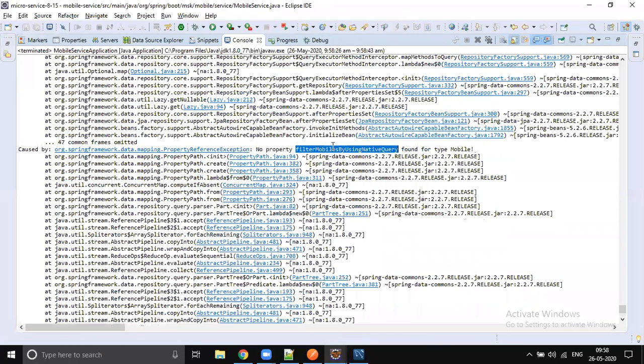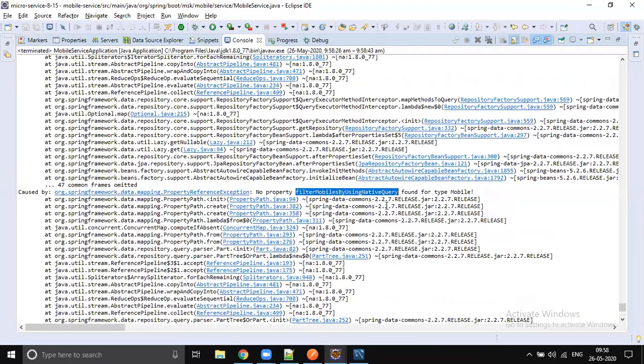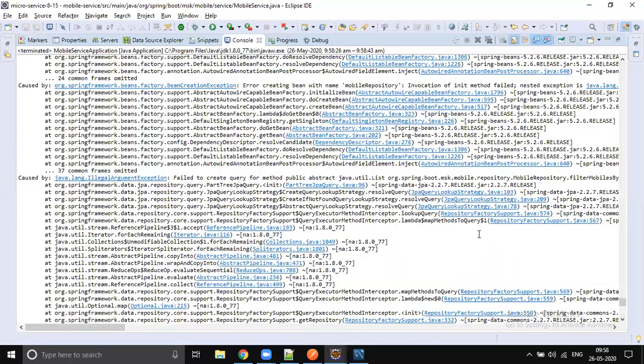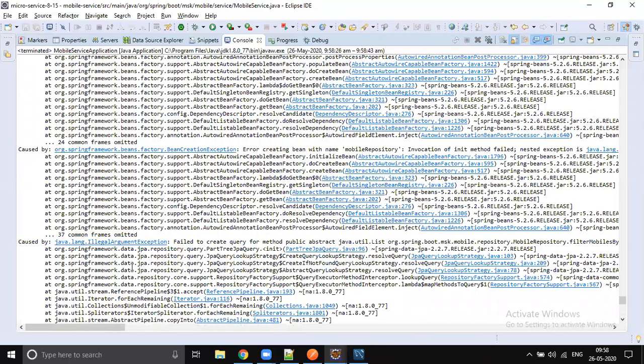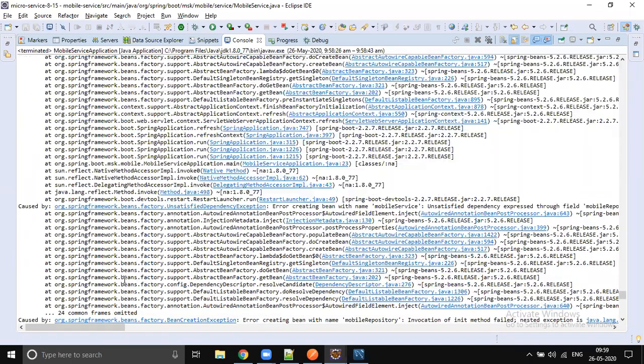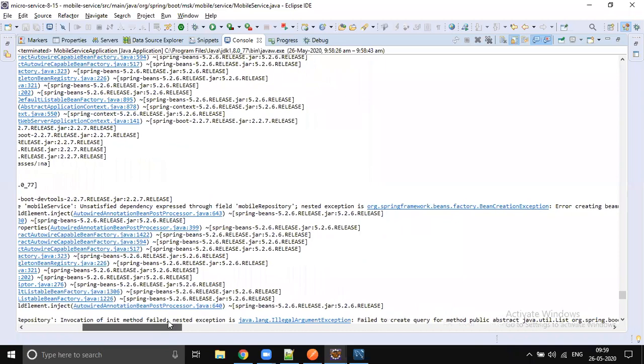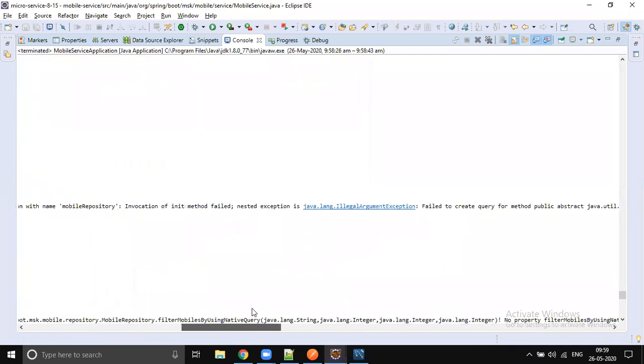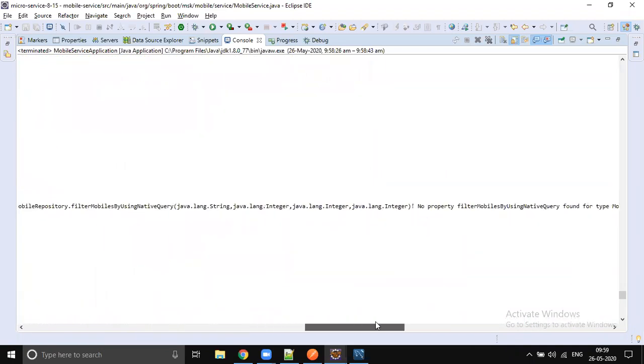No property. Why is the property required? Why is the native query misfiring here? Failure to create query, fine, Integer, type Mobile.